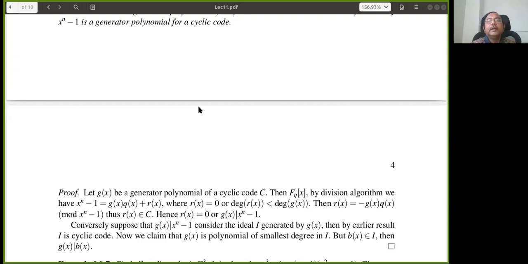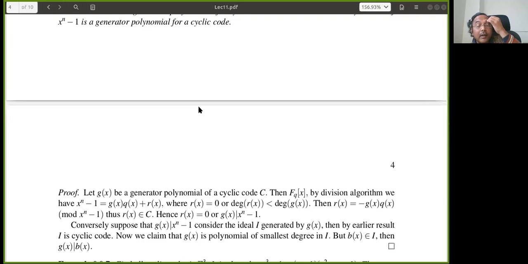Actually, every cyclic code, actually every code, I can think of as a subset of Fq power n, right? So it is independent of the coding theory and all. Fq power n has n-tuples. Every n-tuple I can write as a0 to a(n minus 1). There is no problem. So there is a one-to-one correspondence. So an n-tuple I can associate with a polynomial. It is in general, nothing to do with coding theory. So Fq power n is associated with Fq[x] quotiented by x power n minus 1. That is the first thing. It is not related to coding theory.